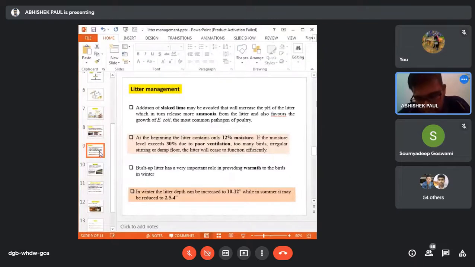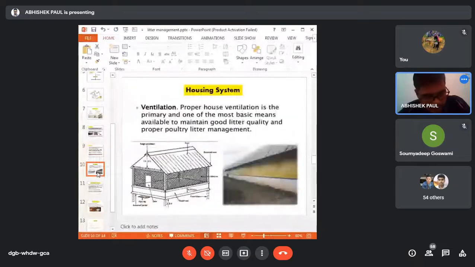Otherwise, there will be a formation of more ammonia as well as litter-borne diseases, like coccidiosis, aspergillosis, and colibacillosis. Okay, so this is the housing system. How important the housing system is. When it comes to the housing system, first and foremost important is